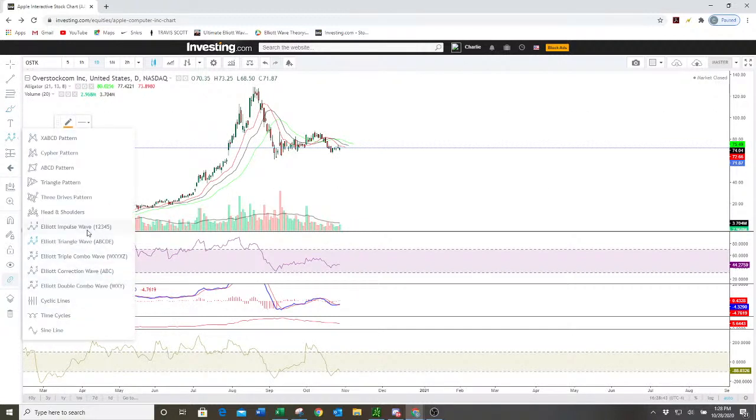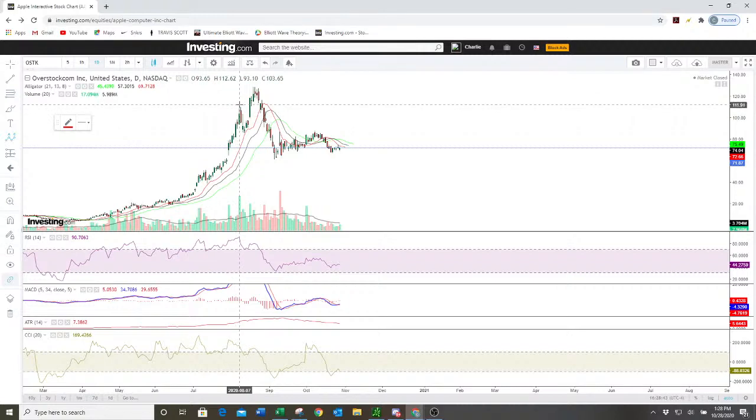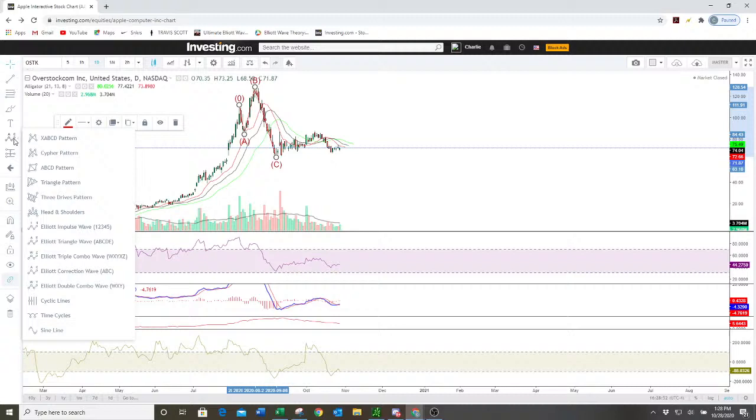Looks like maybe we got an extension of a C wave. So it looks like an A, a B, and then a C down here. Maybe we're coming back now. You have what's called an expanding